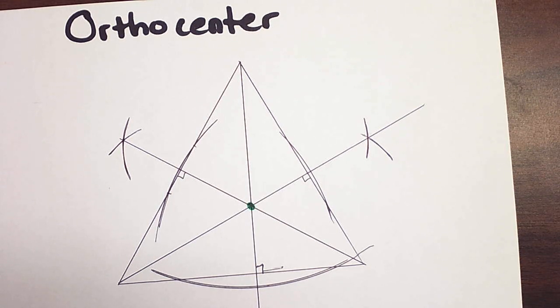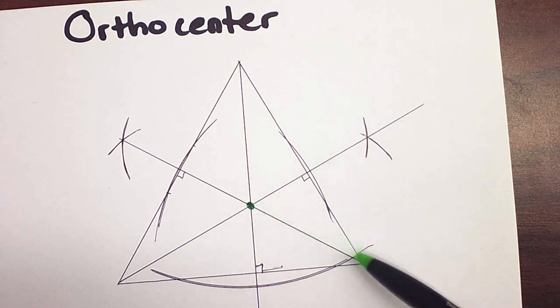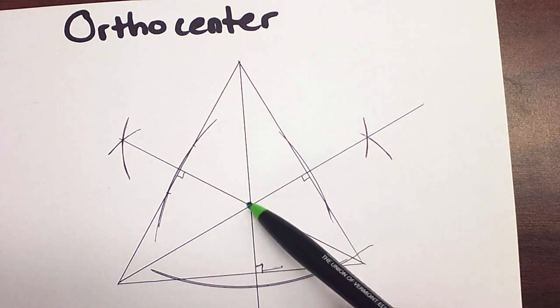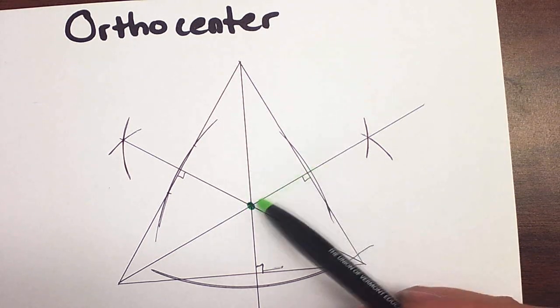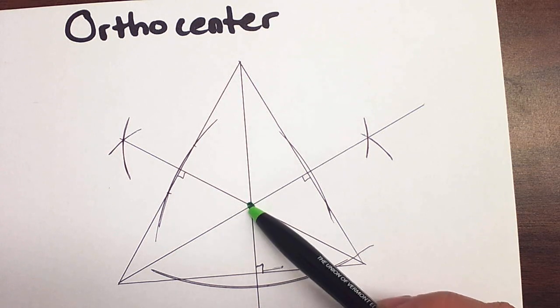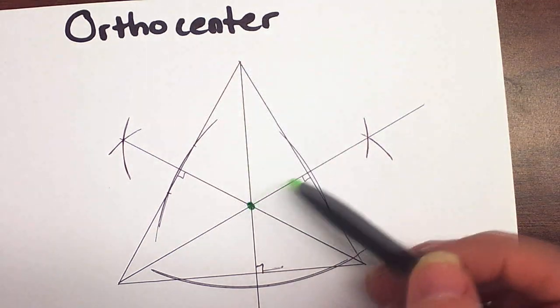The equilateral triangle is the only triangle that has the orthocenter, the circumcenter, the incenter, and the centroid all located in the same exact location, which would be inside the triangle. If you look here on this triangle, it should be pretty obvious the distance between the orthocenter and the vertex is not equal in any of those 3 directions, and the distance between the orthocenter and each side is also not equal. If this had been an equilateral triangle, then all of those lengths would have been equal,